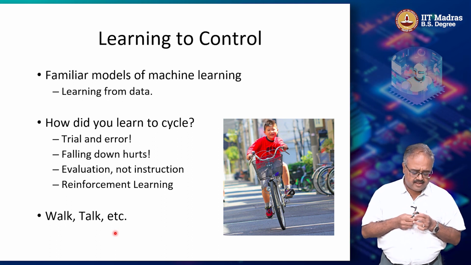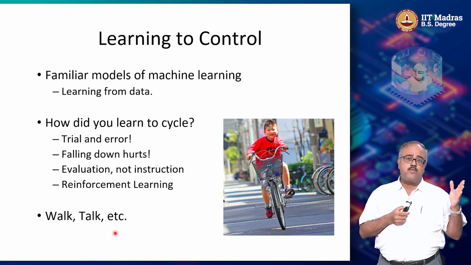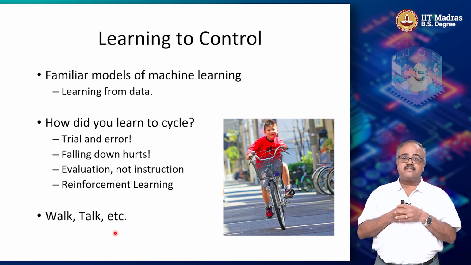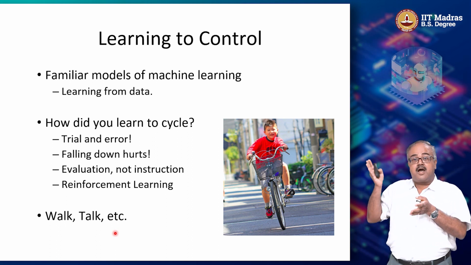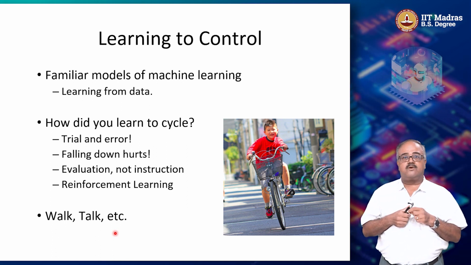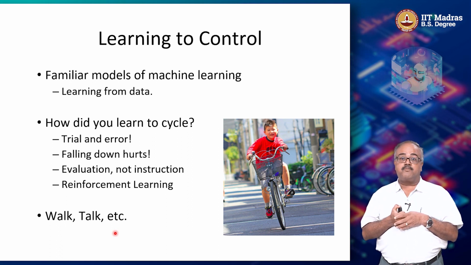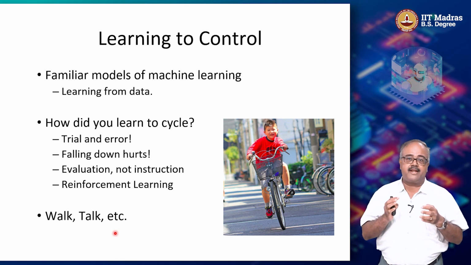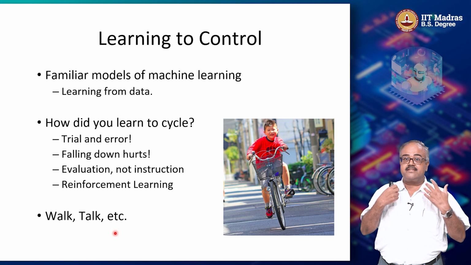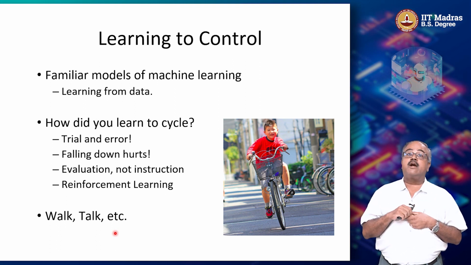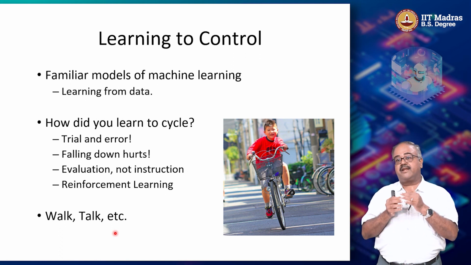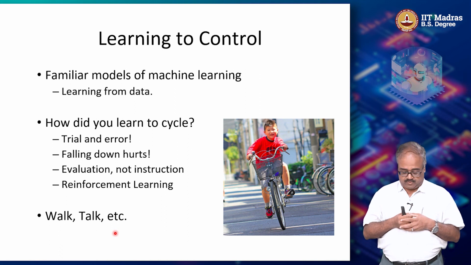So the main thing, even though, just like in supervised learning, you are learning a function that takes an input to an output. So what is an input in this case? The input in the case of cycling is how much you have tilted from the horizontal, how fast you are moving, how much your handlebar has turned, and so on and so forth. That is the input. And the output you have to produce is, okay, how am I going to throw my body left or right? I'm going to push down with my left leg or my right leg. I'm going to turn the handlebar or not. So all of these are actions or outputs that you have to produce in response to the input that you are getting. So both supervised learning and reinforcement learning learn these functions from inputs to outputs.